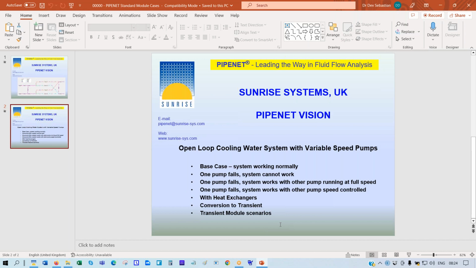We call them design and analysis. Design is for estimating things like pipe sizing, pump size, and so on. You can do some simple cases like pump failure and so on, but in steady state. Okay, going from steady state to steady state,